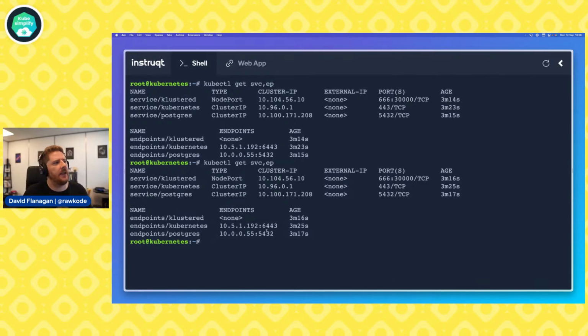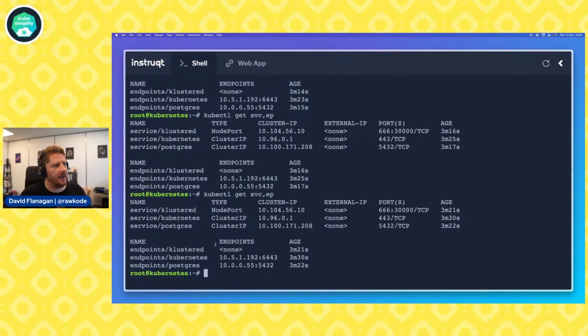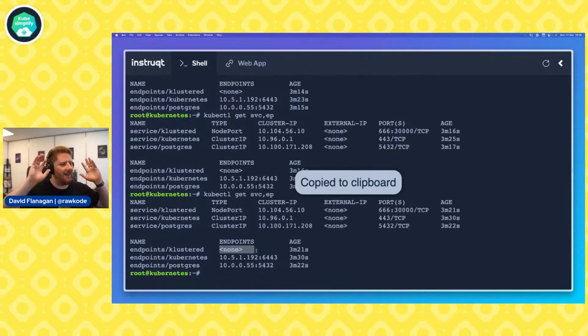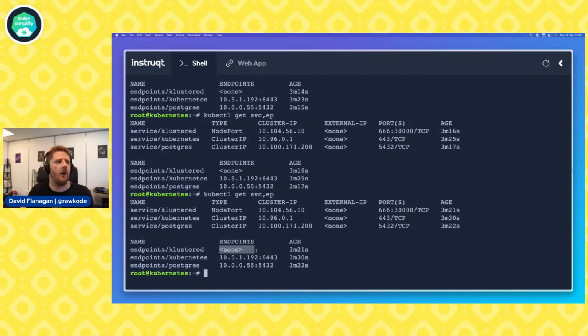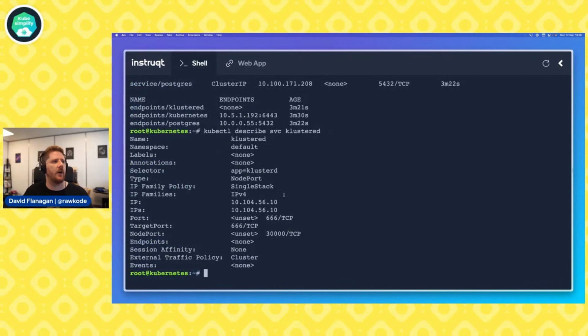So whenever we see that our endpoints is none, 100 times out of 100 times it's always the same thing. We can do describe svc clustered. So the way that services work is that they have a selector which has a label key value pair where it says app equals clustered. Now this has to match our pod spec.